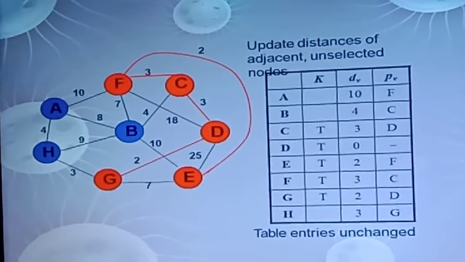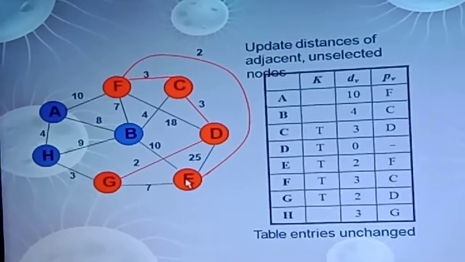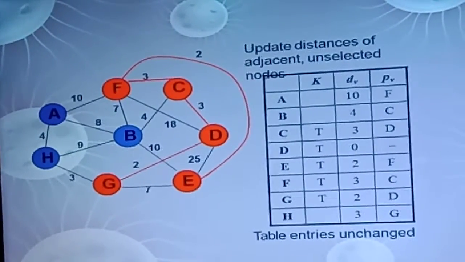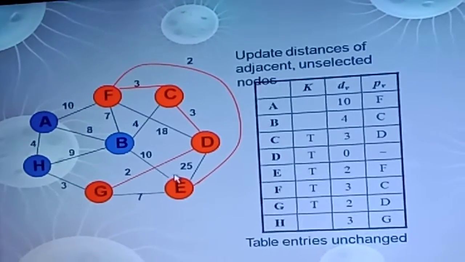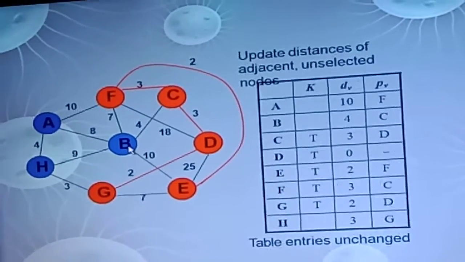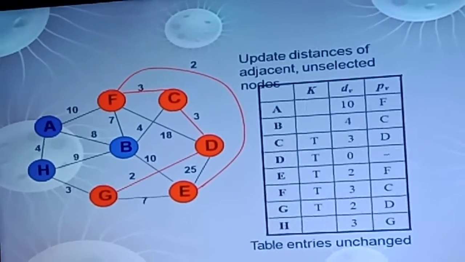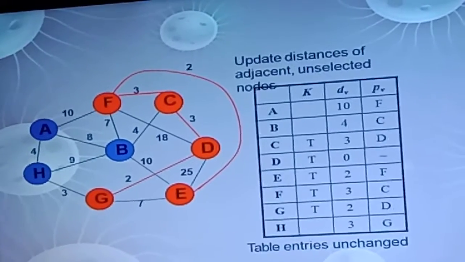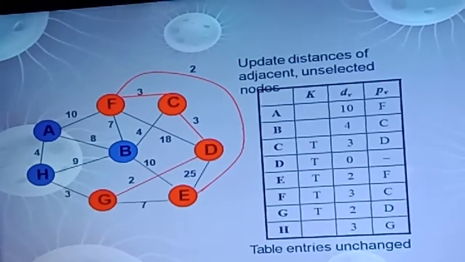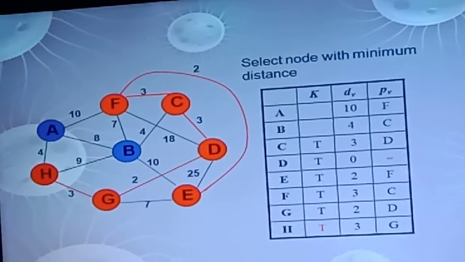Table entries remain unchanged when you are selecting E as the neighbor, because the adjacent neighbors to E are already existing in the table. Two are visited and one is unvisited but is having the greater cost than the existing cost, so no need to replace. So next select the next neighbor among the set of vertices which are unvisited, which is having the least cost, that is nothing but H. So select H as the next neighbor.